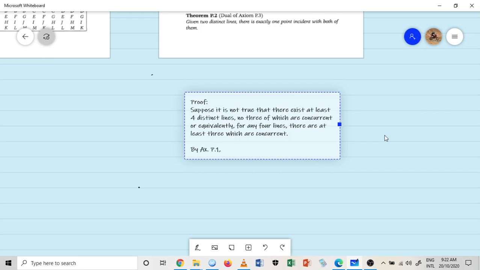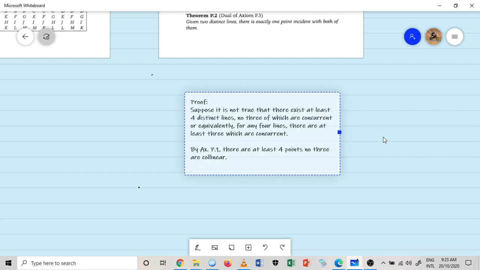So axiom P.1: there are at least 4 points, no three are collinear. Meaning,